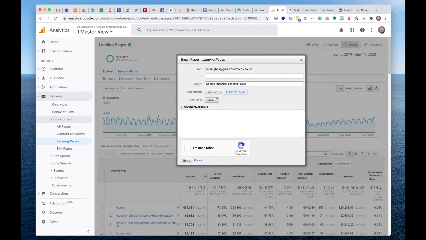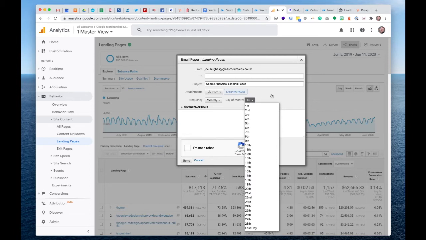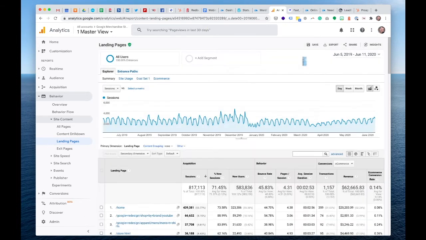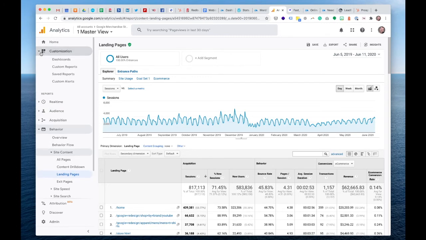Find a report which you're interested in, like this one, landing pages, and we can get that emailed, and you can get it emailed automatically. It's going to set the date, etc. So this way, it'll land directly in your inbox. And I think that's a nice way of not having to get involved too directly with Google Analytics, because it can be a pain, it can be overwhelming. No, there is an app on your phone for Google Analytics as well, but again, I don't think I particularly like that. I will show you something else while I'm on this topic.